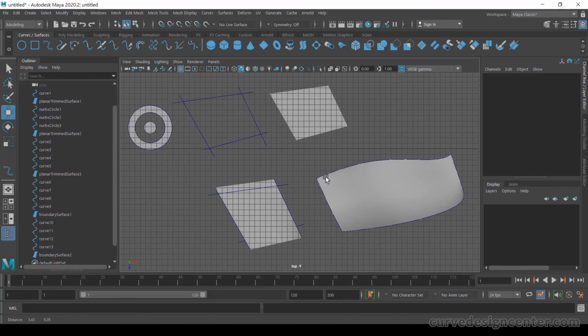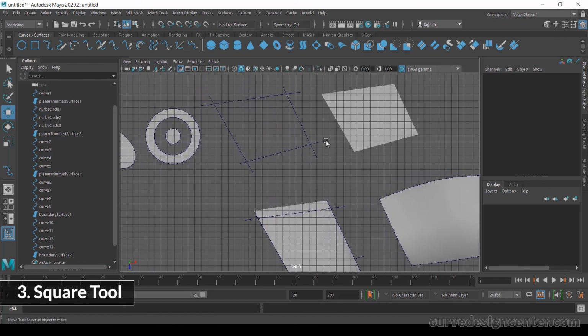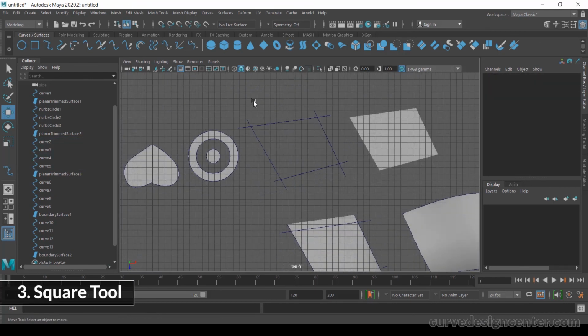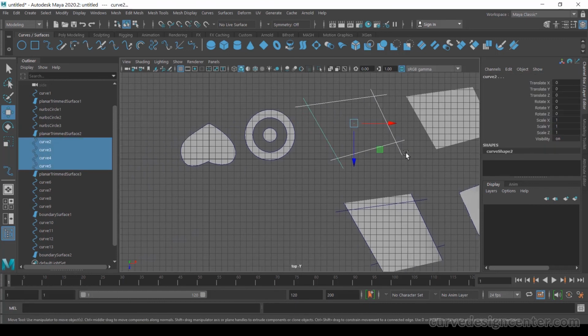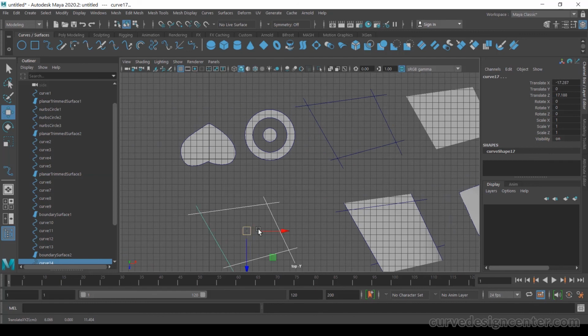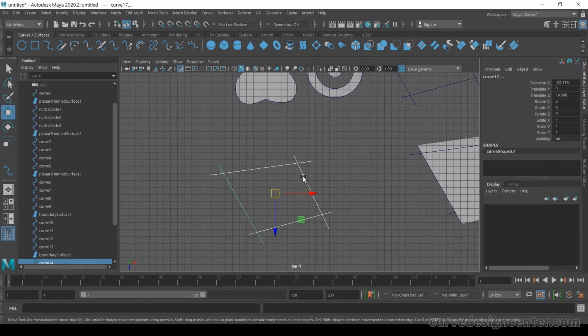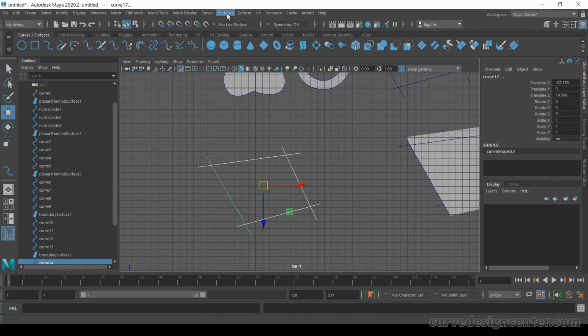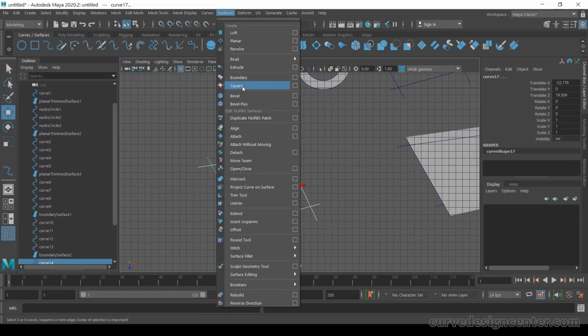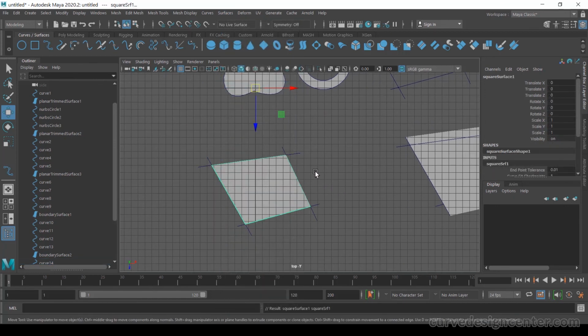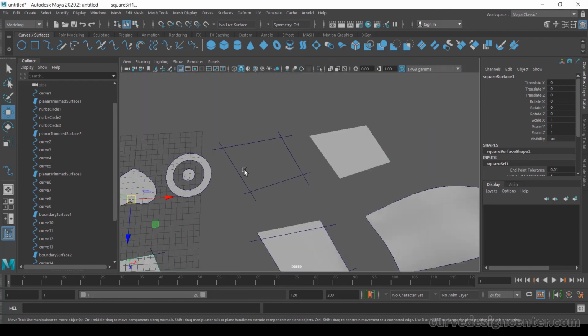And a third similar tool is the square tool. I select these intersecting lines and make a duplicate copy by Ctrl D and move a little bit outside. Then go to surface and square. So it also creates this type of surface.